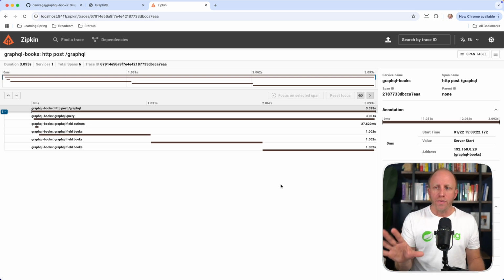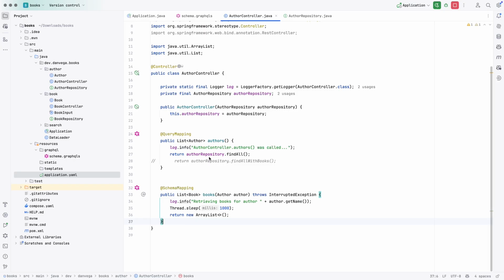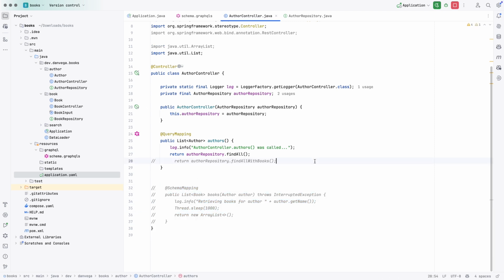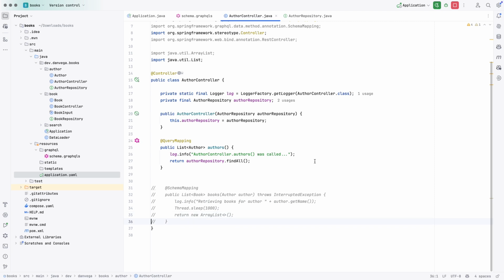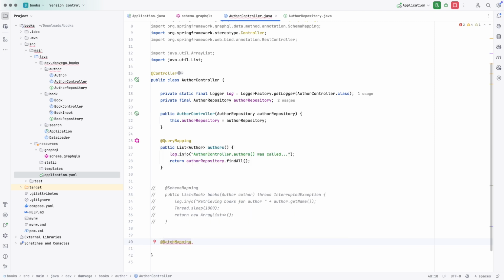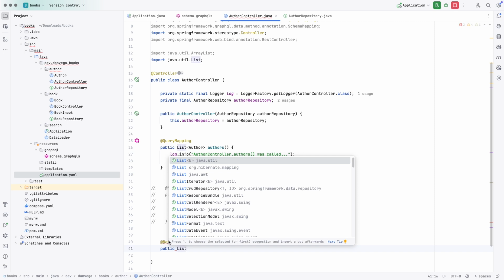So observability is really key in giving us some insights into some of the problems that we are going to face. Okay, so what I want to do now is get rid of this. Let's just go ahead and get rid of that. And I want to see how we can correct this problem so that we're not making those N+1 problems. And this is where the @BatchMapping annotation comes into play in GraphQL, allowing us to solve for this. So what we're going to return is a list